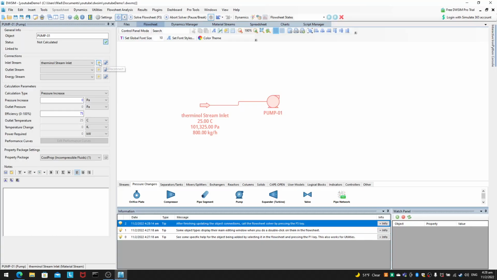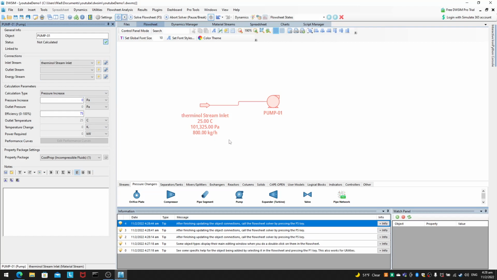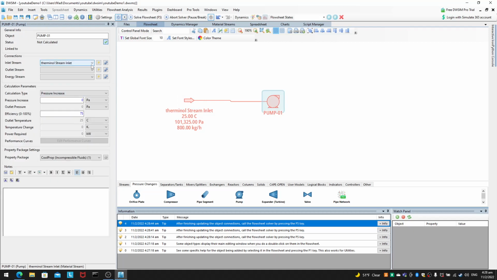So this is a create and connect button. This is a disconnect button. If you want to disconnect, just click that disconnect button. Okay, so that's the terminal stream. So we just leave it as... wait, why is it not changing the name? Terminal pump. Okay, so now it's changed. So remember to press enter every time you